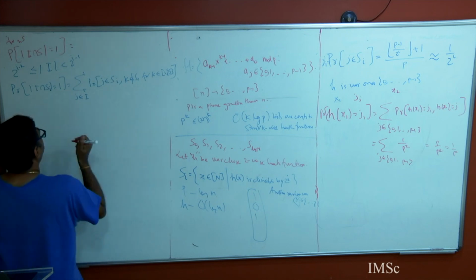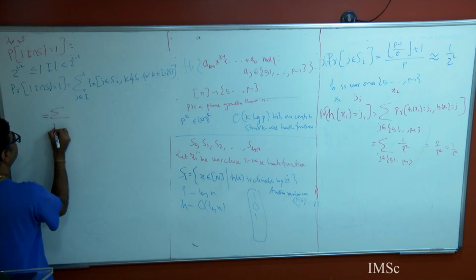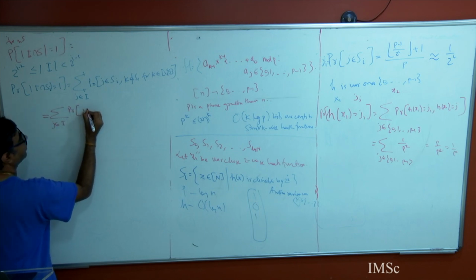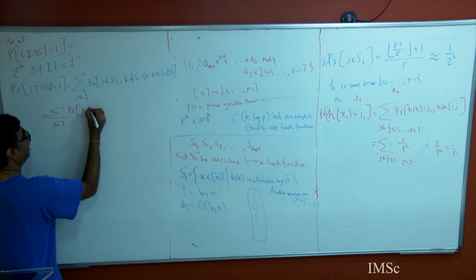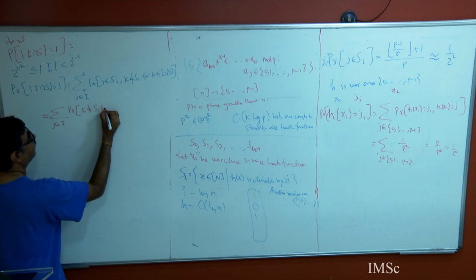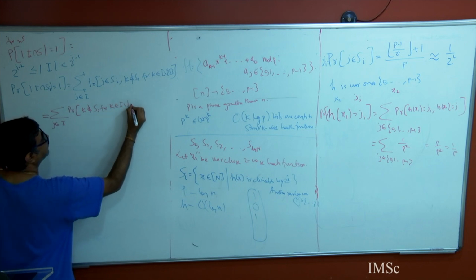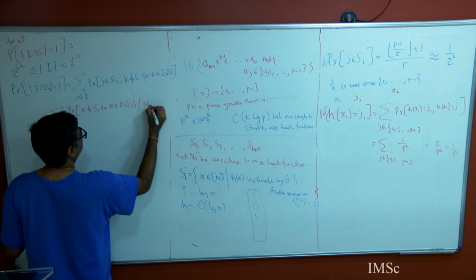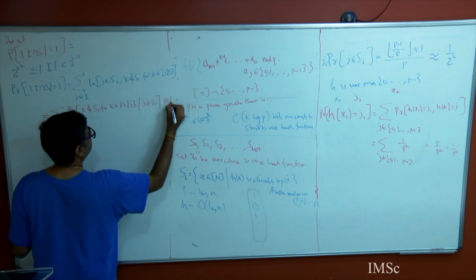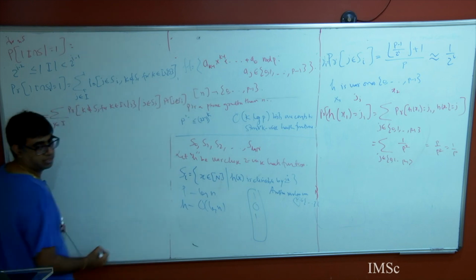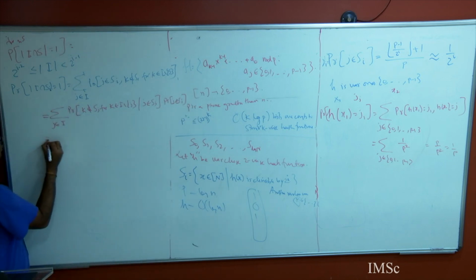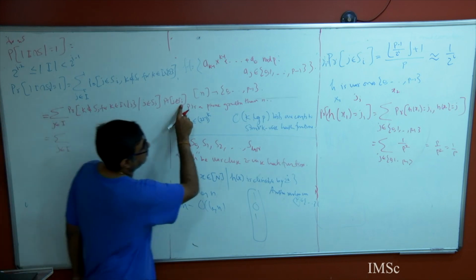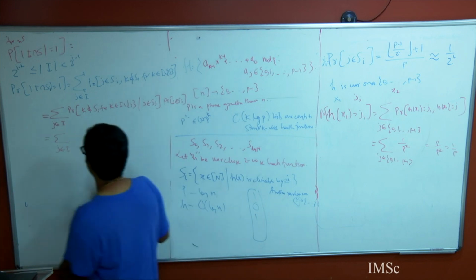So this is AND. So I can write down this summation J over I, probability that K does not belong to SI for K in I minus J, given J belongs to SI, times probability J belongs to SI. Agreed? Just a conditional probability. Okay, so summation J belongs to I, and the probability that J belongs to SI I have written as gamma I. So let's write down this gamma I.